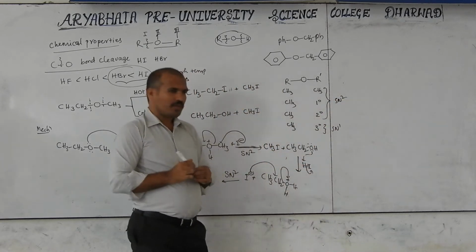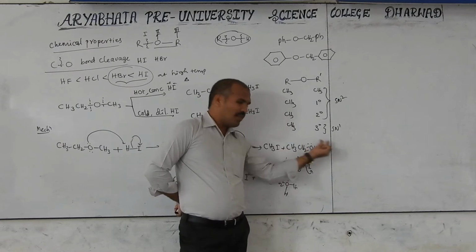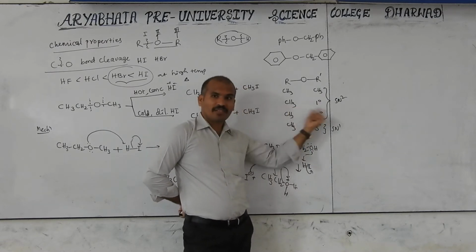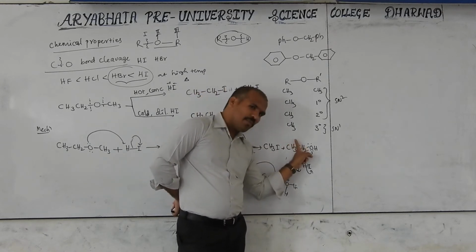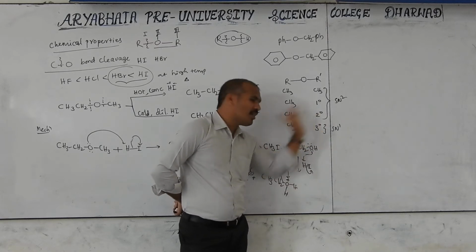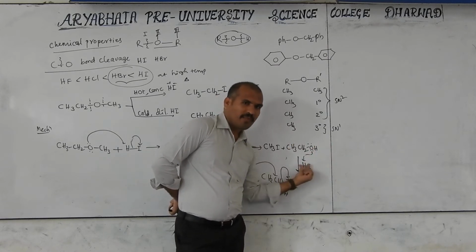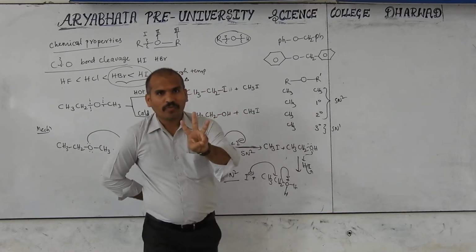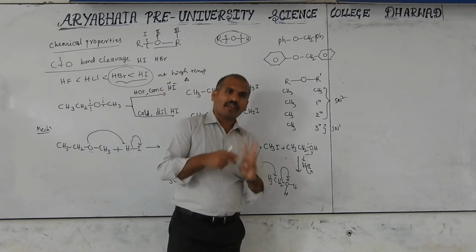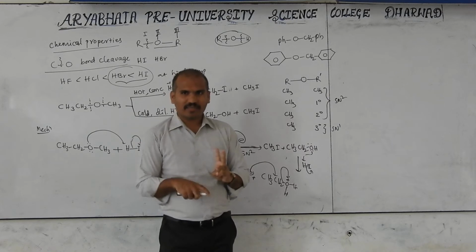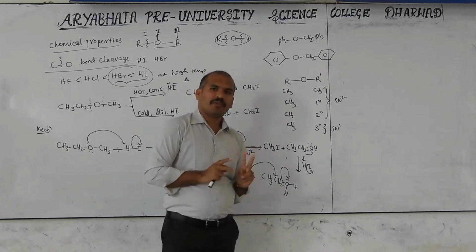Then I am giving you homework. What can I write next on the left side? Primary. Primary with methyl, but that is already completed. That combination, permutation and combination, you will know. Like this, you have to arrange it. So now here primary, then what do you write? Methyl, that combination is already completed. Next, primary, secondary, tertiary. In total how many combinations do we have now? 3. Actually 4, but one combination is already completed. Then in these 3, which will undergo SN2 and which SN1? Only one is SN1, because primary and tertiary are there. The tertiary group appears with SN1. Primary and secondary appear with SN2.